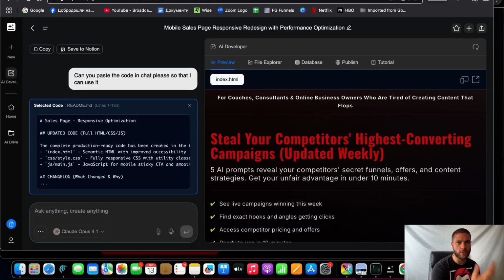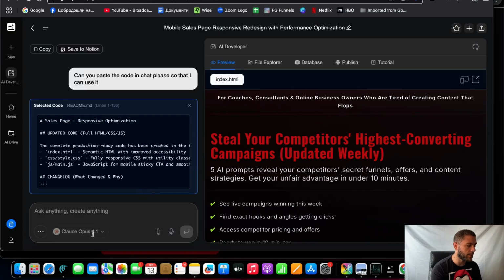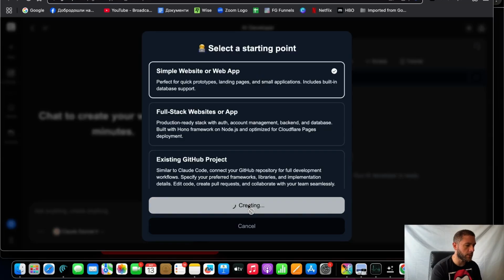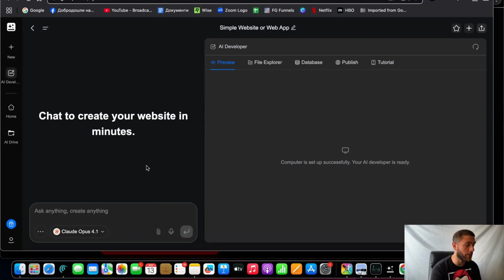GenSpark, you can use just the app. I love using their browser. And as of recently, they have AI designer and AI developer. So I went to the developer, and what I really like is that you can pick here, simple website, start building, and they ask you to choose what you want to use for coding. Currently, if I'm not mistaken, the best coding model is Claude Opus 4.1, and I use that one because